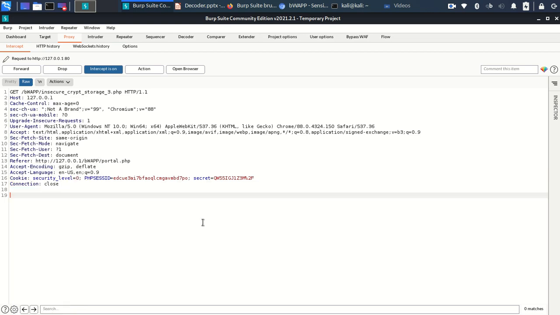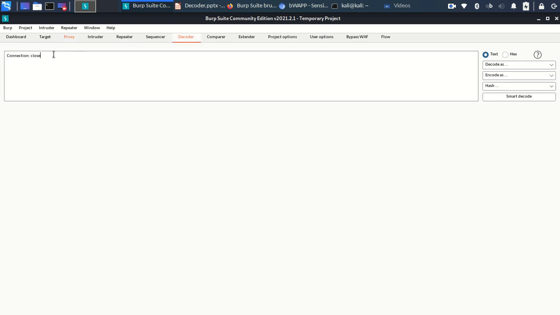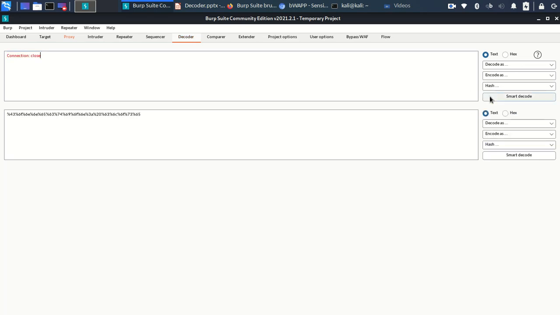Say this is some code, like JavaScript or PHP code. First of all, I'll send it to decoder. Go to decoder, I select this one, URL encoding.